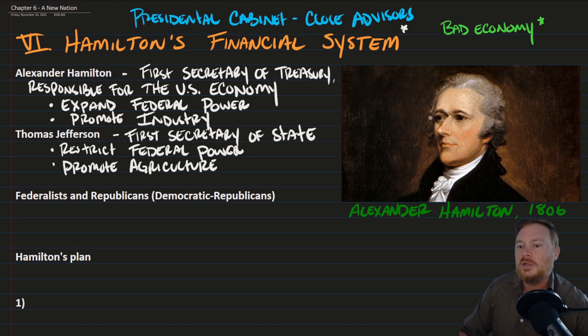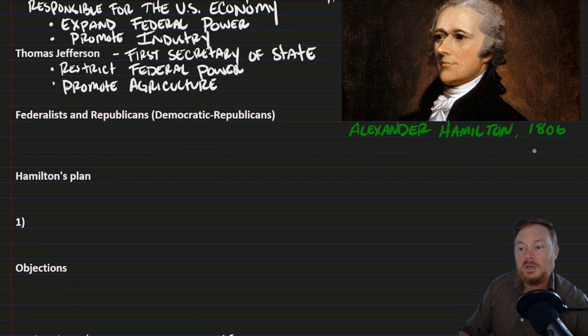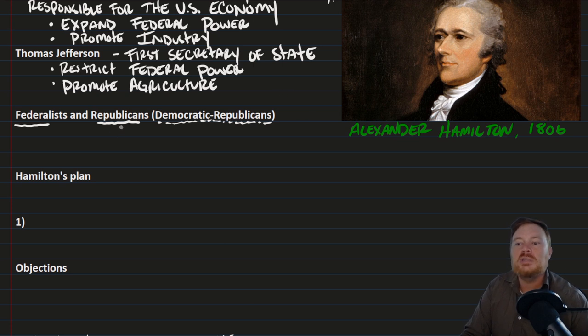So the viewpoints of Hamilton and Jefferson gave rise to what would become the first two political parties in U.S. history, the Federalists and the Republicans. Now, sometimes the Republican Party is called the Democratic Republicans. This is simply to make the distinction between these Republicans and the other Republicans that appear in the 1850s. Right? So Democratic Republicans, this is the party from,